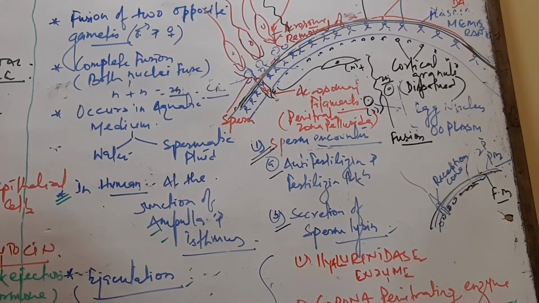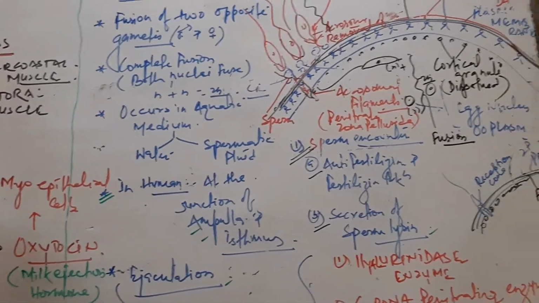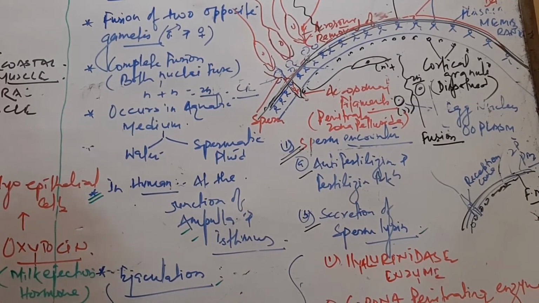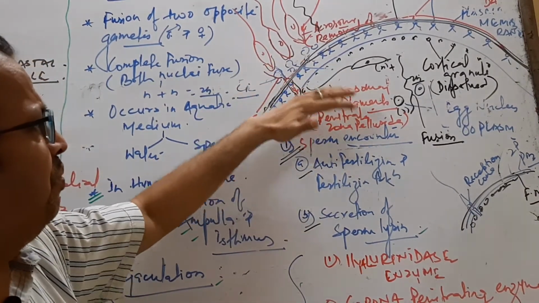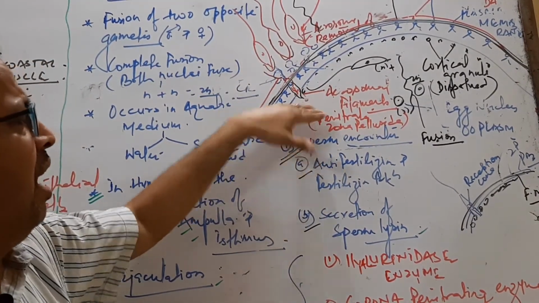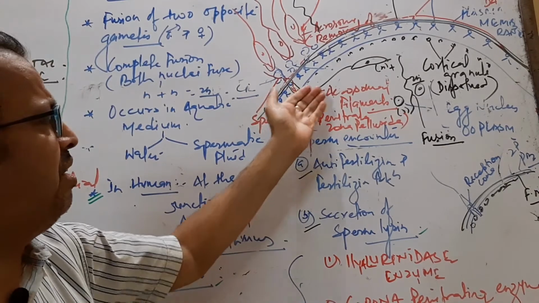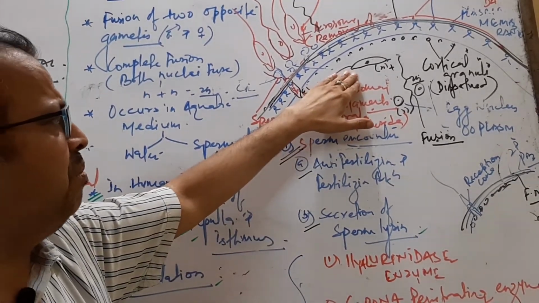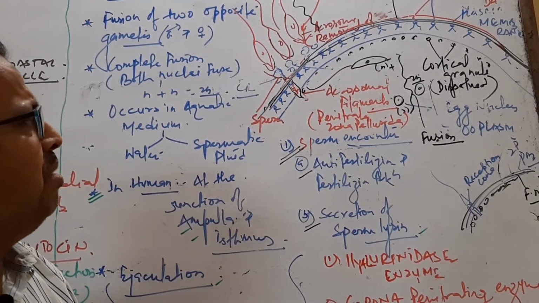Now the zona pellucida turns into the fertilization membrane. It is a tough membrane which prevents polyspermy. It prevents polyspermy, so only one sperm enters and the rest of the sperm remain outside the egg membrane. Only the head part of the sperm enters, and then the alignment of both the sperm nucleus and